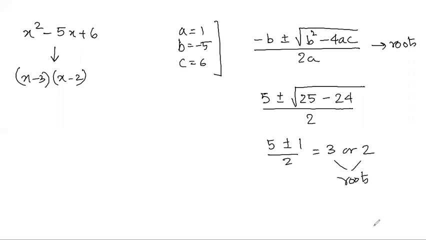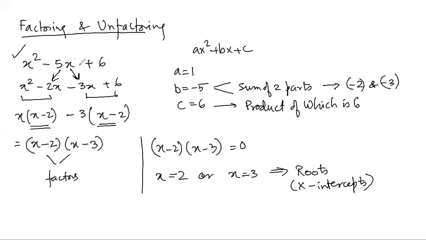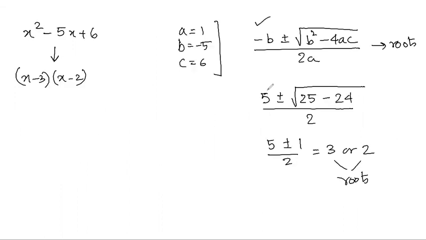So what did we learn till now? We learned the first step is breaking down the middle term. So this is the middle term factorizing. In case you are not able to do middle term, use the formula, get the roots, and then accordingly you break down into its factors. Get it? Doing the reverse logic kind of.